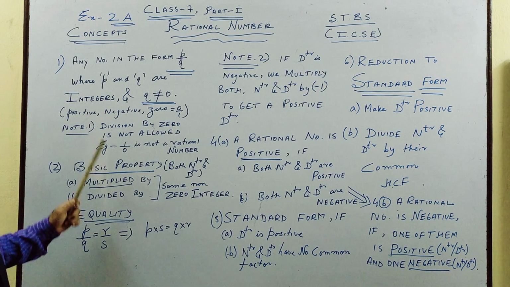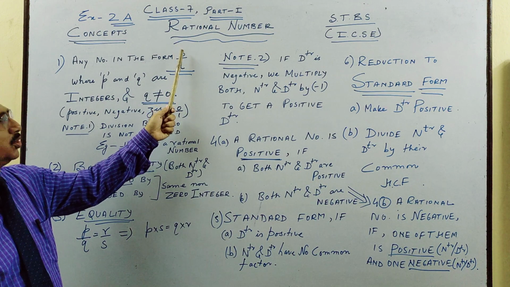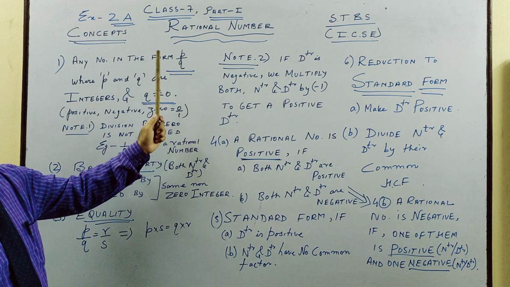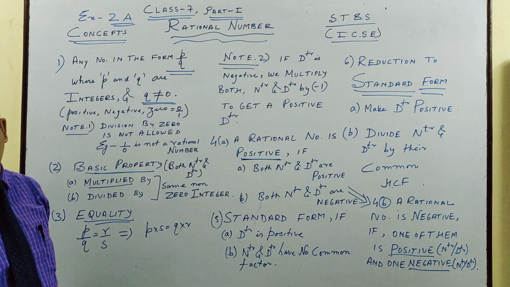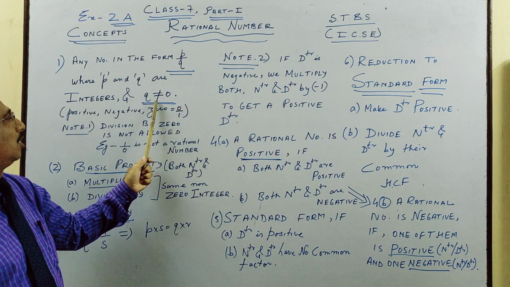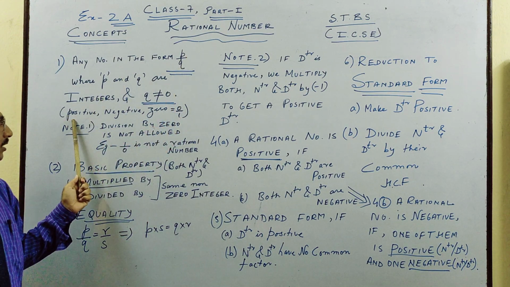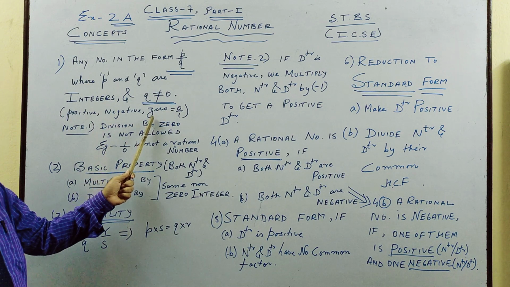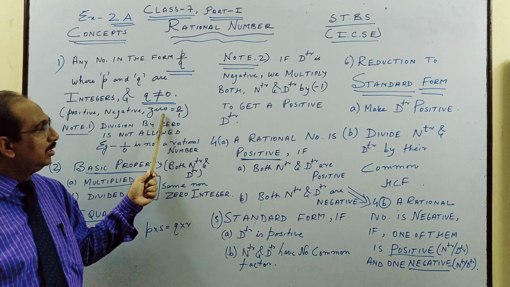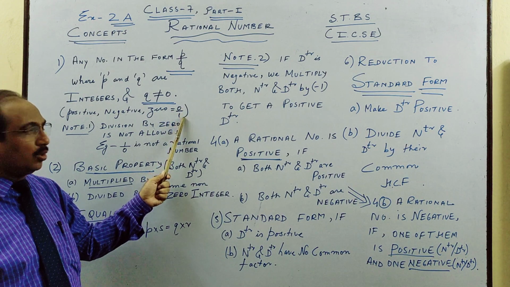Okay, here we start. What is a rational number? A rational number comes from the word ratio. Ratio means a fraction. So a rational number is in the form P by Q, like 2 by 3, 4 by 5. All these are rational numbers where the denominator Q should not be 0 and both P and Q should be integers, which means they can be positive, negative or 0. And here I'd like to tell you 0 is also a rational number. It's neither negative nor positive, and 0 can be written as 0 by 1.